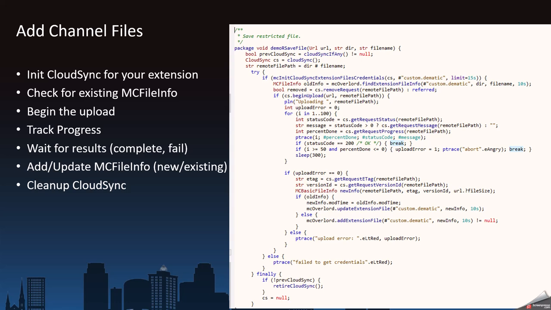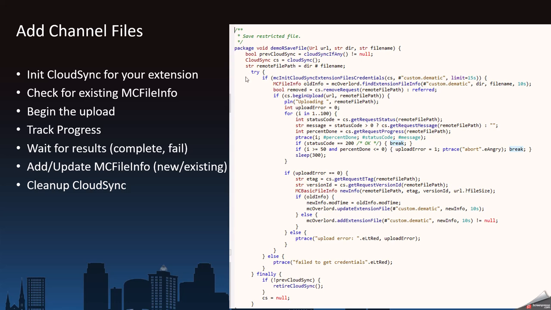So our next thing we want to be able to do, you can't really download files unless you have some. So this is how you would add them. There's a ton of code here, so I'm not going to explain it in detail, but if you want to use this, you can look it up in the demo and parse through it. But basically,